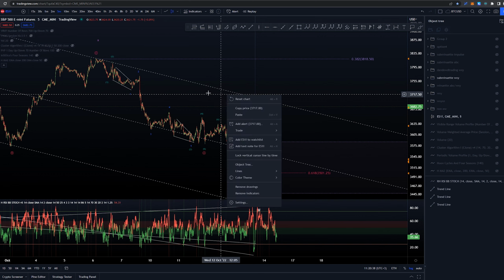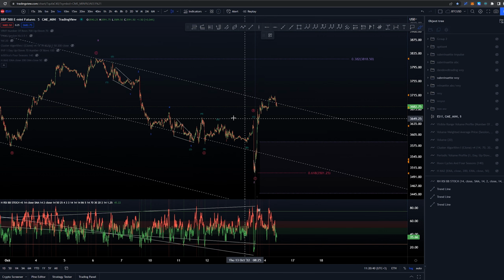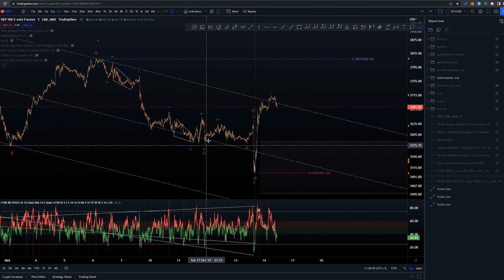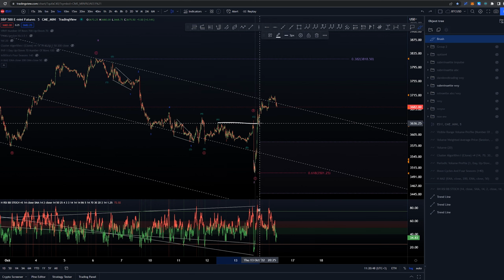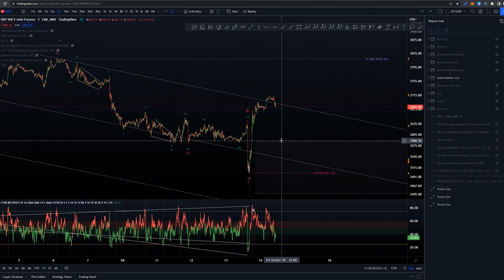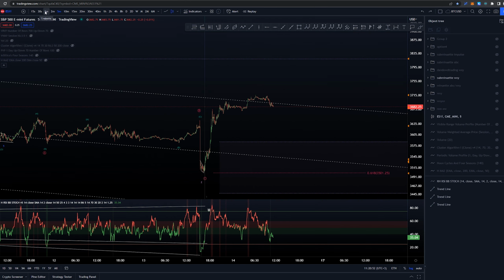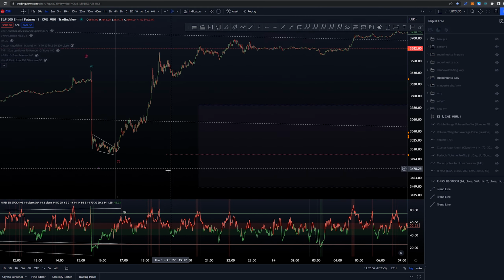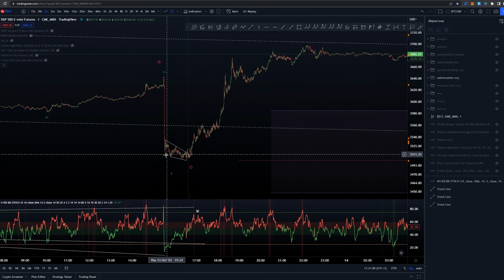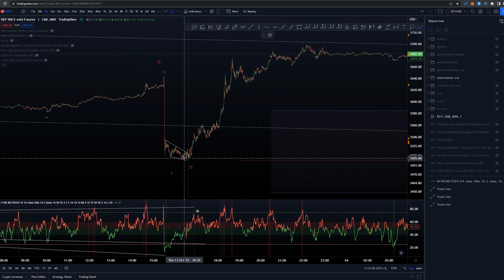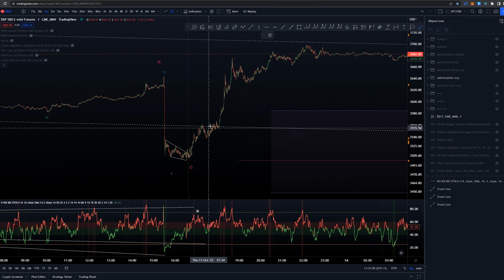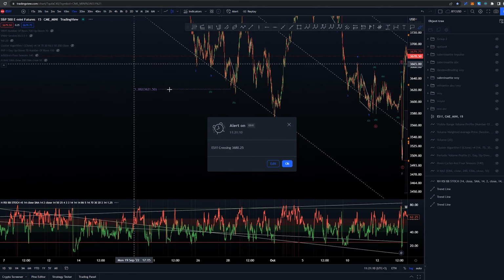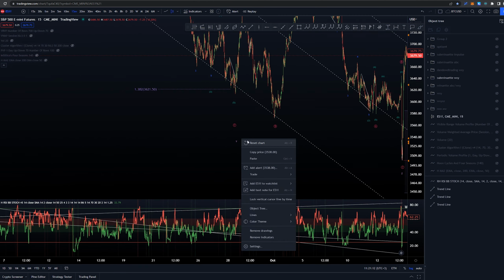So yesterday, again, we were looking at this taking out at least the high of the A wave for the C wave, and that is definitely what we did, taking out that liquidity before plummeting with the CPI data coming down. I was updating this after the drop, that we are most likely seeing a possible contracting diagonal here in the end. I took a long position here and got out of it around here, but we'll look into this smaller structure in just a moment as well. Before